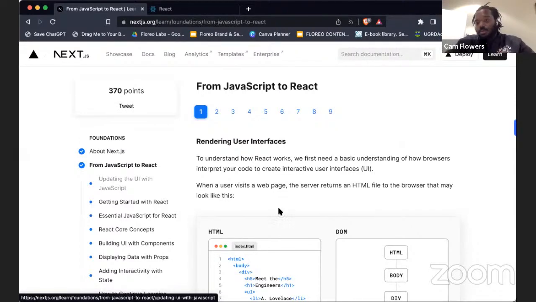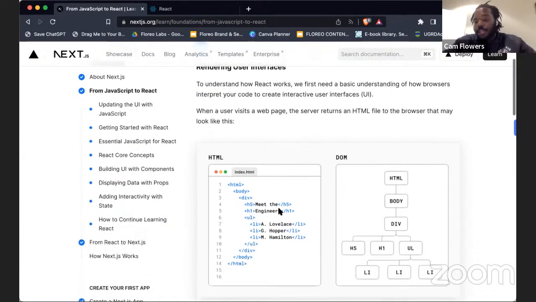So to start, the first thing we have to remember is that when we build our websites, we're writing HTML, and it's not happenstance that HTML is HTML. The hypertext markup language was part of one of the systems designed while the web was being created. And the web, if you remember the first session where I was talking to y'all about the difference between the internet and the web,